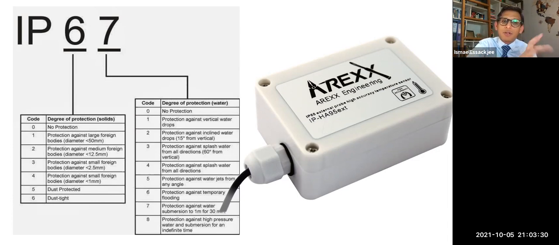The mechanical one is going to be the amount of dust which it is going to have. So the one that we have in our picture is 66. So it's dust tight. Okay, maybe dust proof. You can put it dust proof. And 6 here is protection against temporary flooding. So you can have one or two floodings and so on.